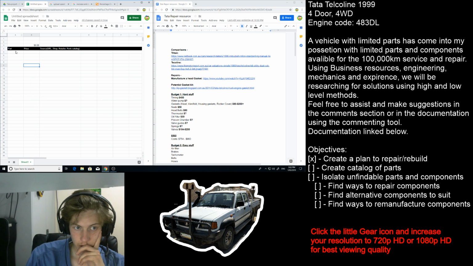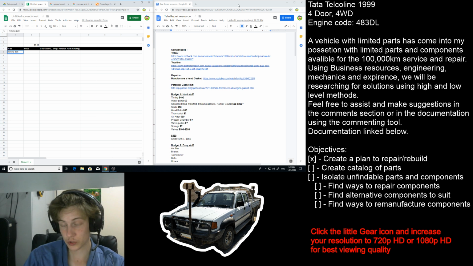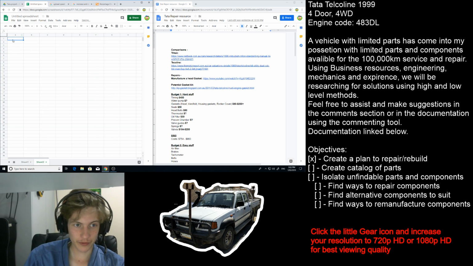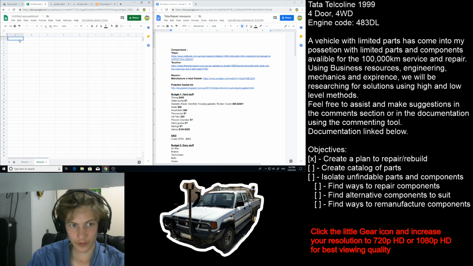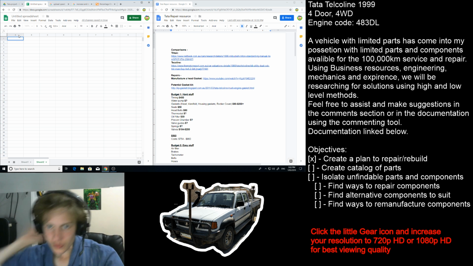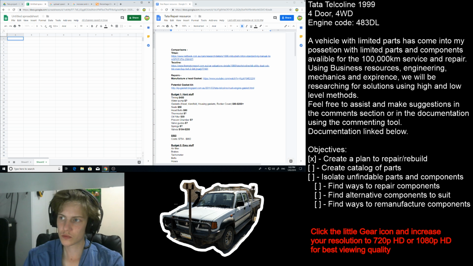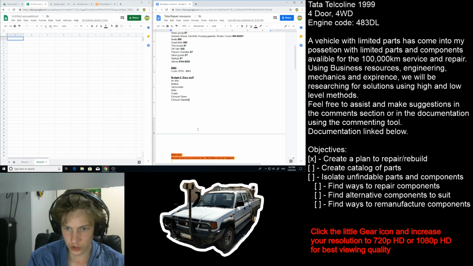So the catalog essentially is all the parts we need. So we need timing belt. For how many times you find a timing belt, actually I've got an idea. We're actually going to make another sheet on purpose. This is going to be really interesting because we want to add in all the parts because we don't know how many times this part's going to come up. This catalog's also going to be of all parts that I can source. So I'm going to be a smarty pants and go even further than this easy stuff. Because this is going to be ridiculous. If someone comes along buying this car, can they get these parts or not? And then